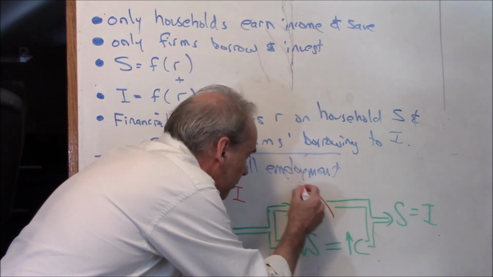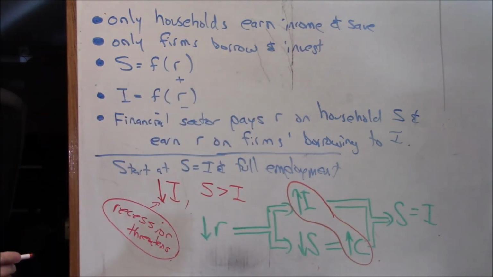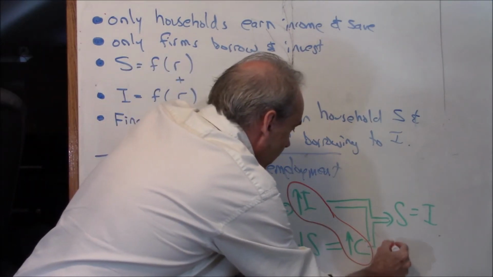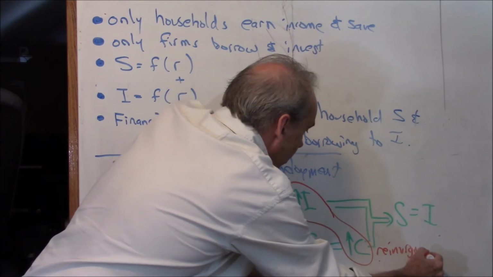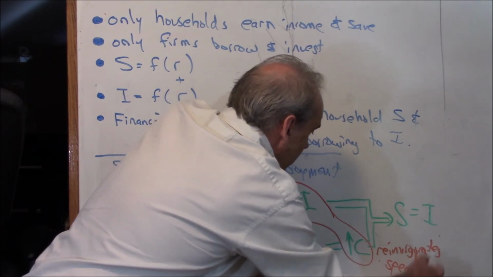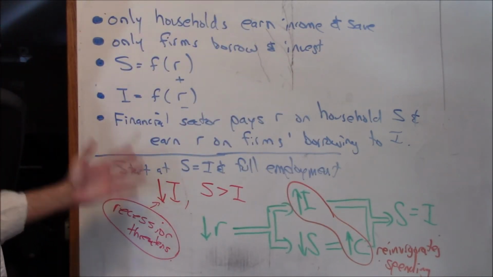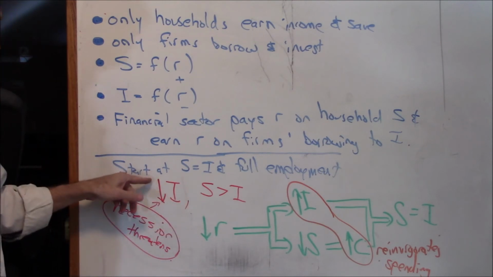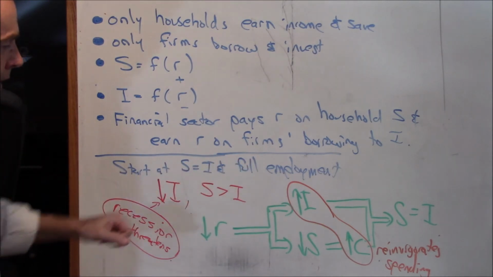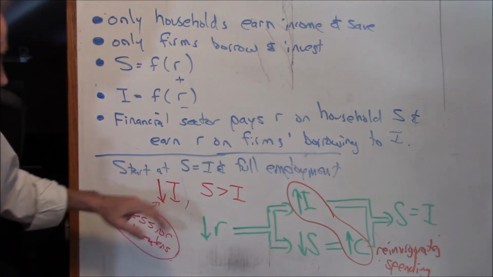Because both of those are reinvigorating spending. Reinvigorates spending. All right, we can barely see that. Spending goes back up. The action I take reverses the decline in spending. The only question we haven't addressed here, which I will in a moment, is whether this increase is equal to this decrease. And it is. I'm sorry, decrease.